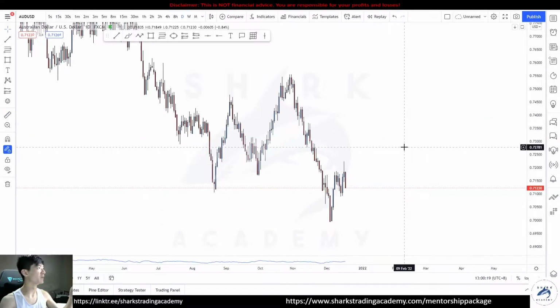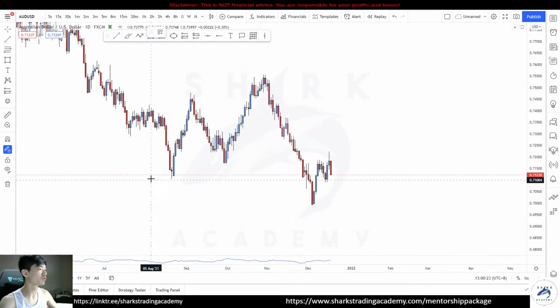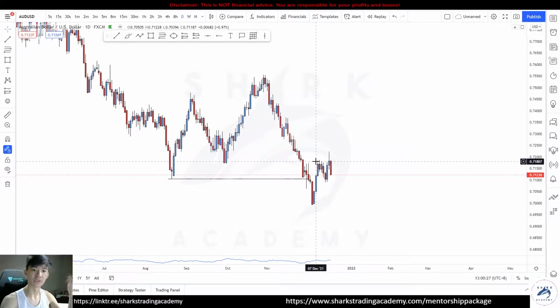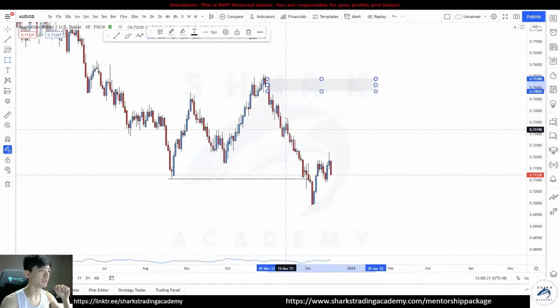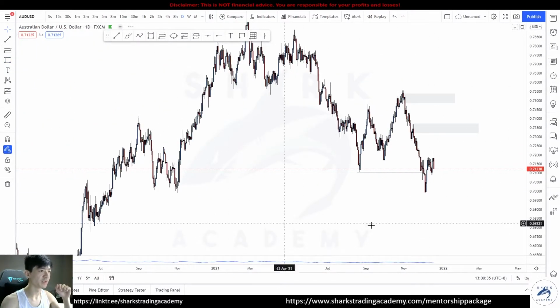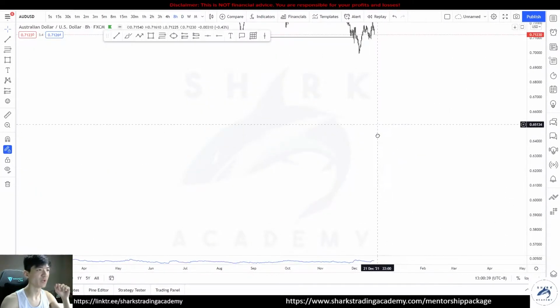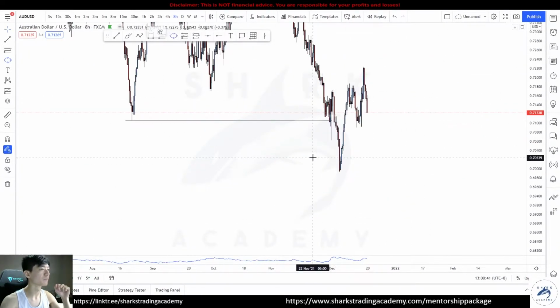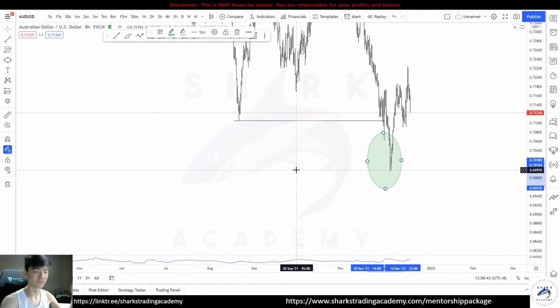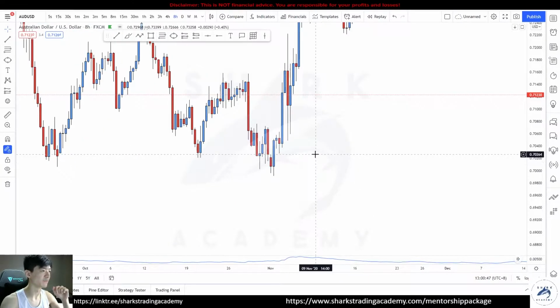So next up, we have the Aussie dollar, and you can see that we are going sell side. Yes, prices broke structure here, and we are looking to sell, but we're going to sell high. We're going to sell here and at this level as well. So look at this. Put the entire thing into market context. Let's go to the 8 hours and understand where this move came from. Okay, so we're going to look left, and you can see clearly that we have this 8 hours demand zone that was left unmitigated,